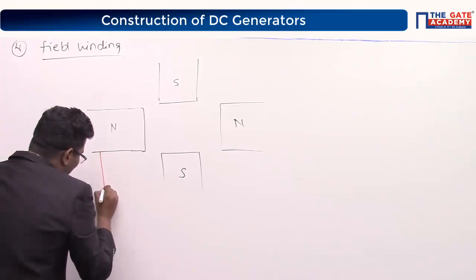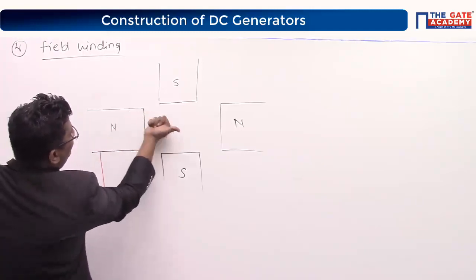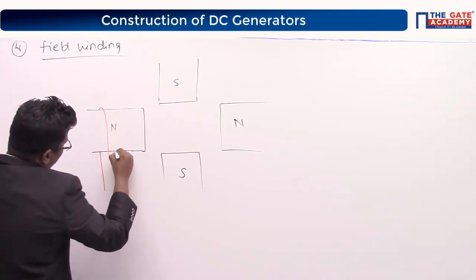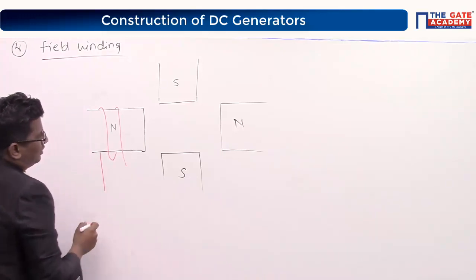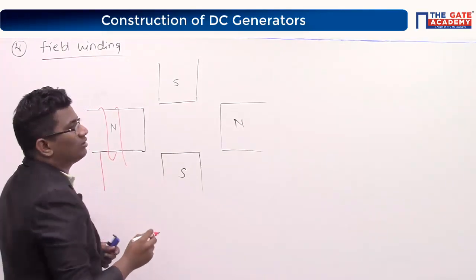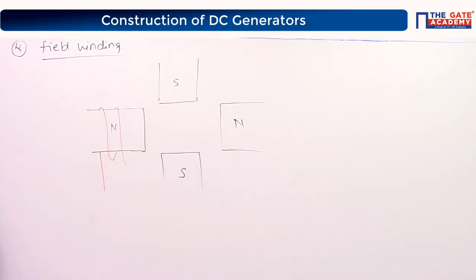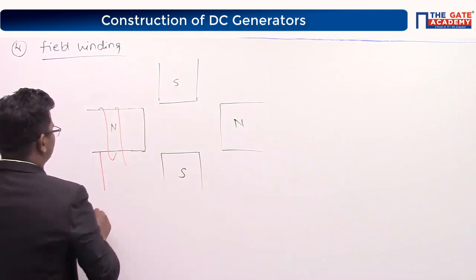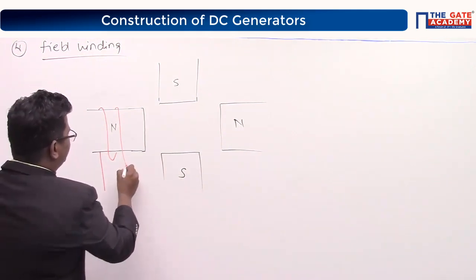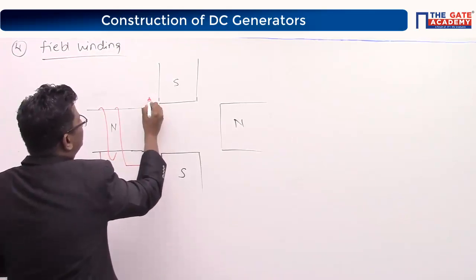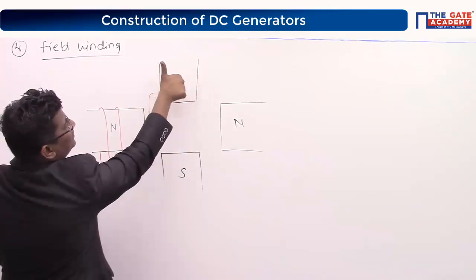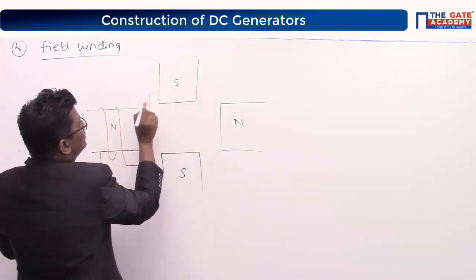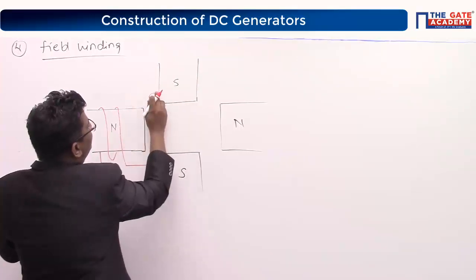Therefore, you have to house the winding like this, so that it emits the flux. Can I say the winding should be like this? Then, tell me how it has to go. It has to take the flux. Take the flux means what? The sense of winding should be like this.